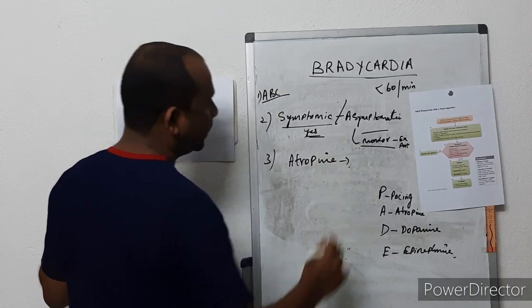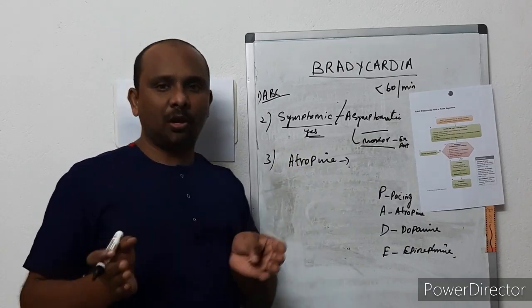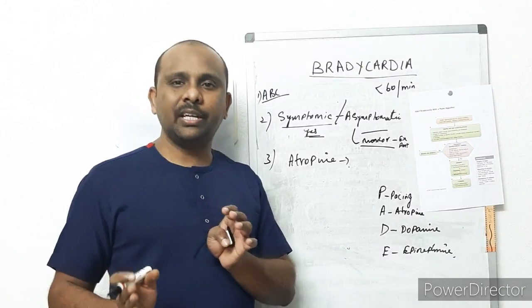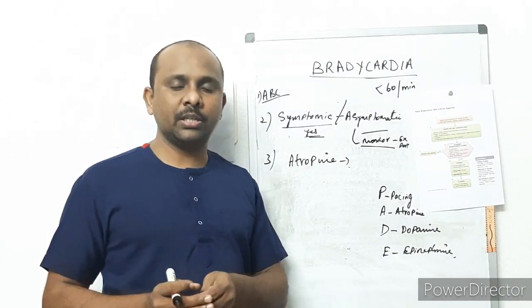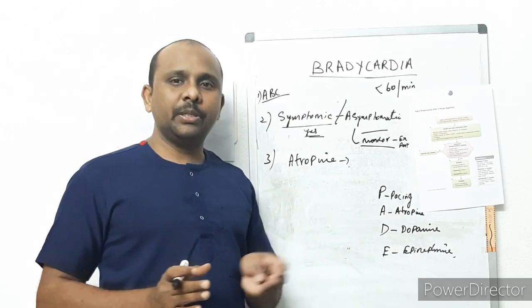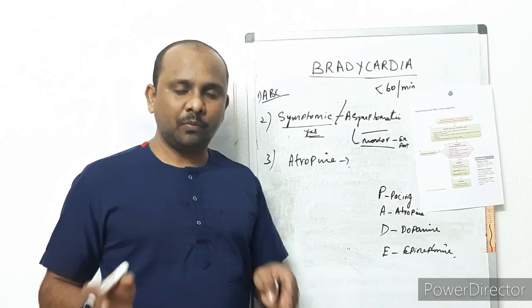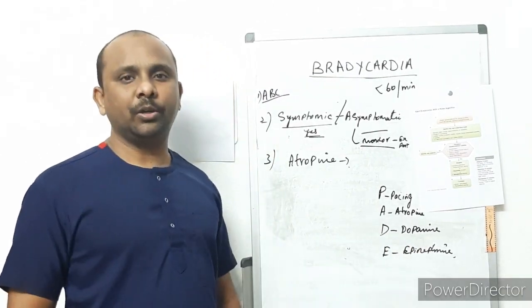Any bradycardia, right? Usually the high degree AV blocks, like second degree type 2 and third degree AV blocks, or wide QRS complex bradyarrhythmias. Atropine is not a good choice of drug there, but you can still try it. For other bradycardias, atropine is the primary drug you can give, right?